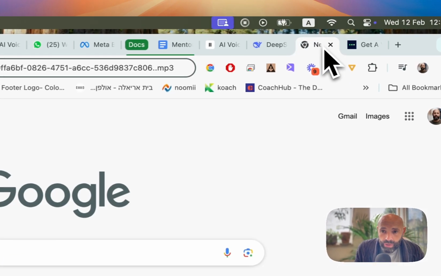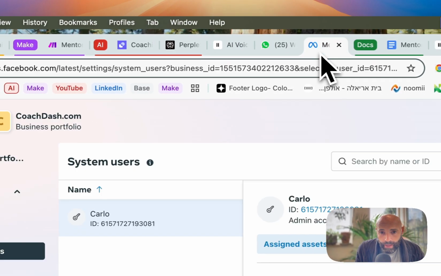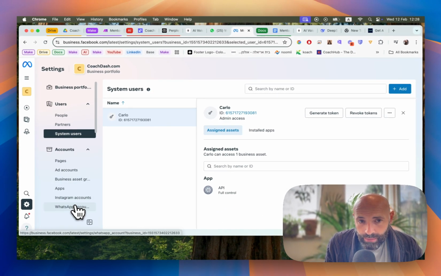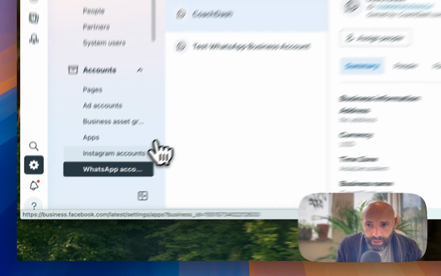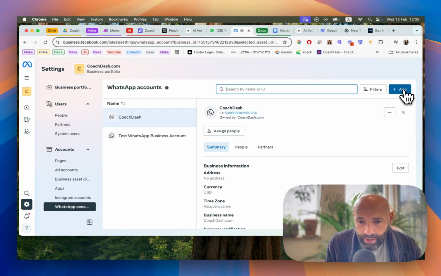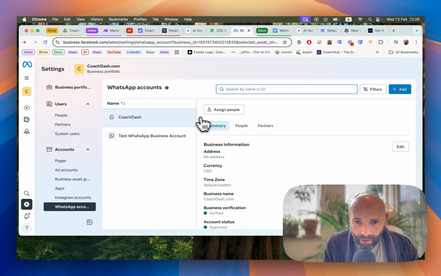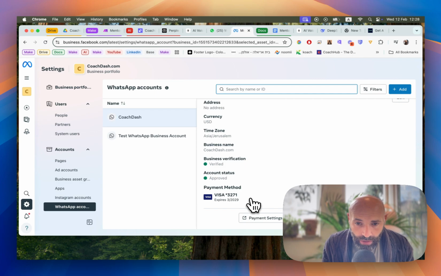The second thing you need to do is go to Meta, and you have your account, which is a business account. It's really easy. You can add a WhatsApp account, and here the name of the account is called Coach Dash, and you have to add a payment method, although it doesn't cost any money yet. And so you can go to the WhatsApp manager,